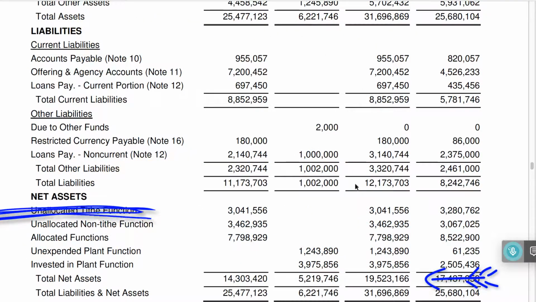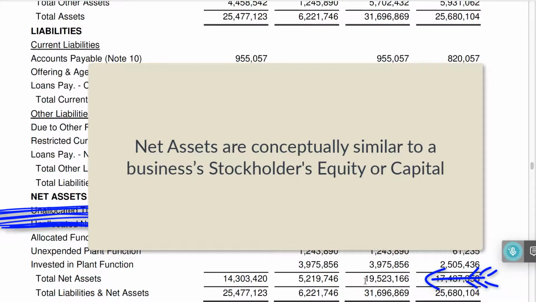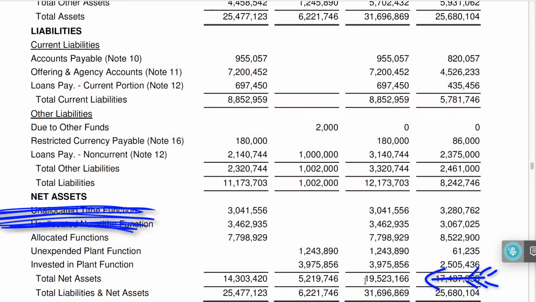First off, the name net assets is a lousy name. It's standard nonprofit jargon. It's not some goofball church term. Rather, it is standard nonprofit jargon for the part of the assets left over after you consider the liabilities. The GAAP people who make up these things did not want to call it stockholders' equity, and they did not want to call it capital or anything like that. They had to search for a name that did not show outside ownership like you see on business financial statements. They came up with the name net assets.